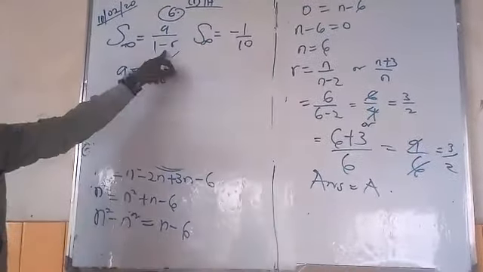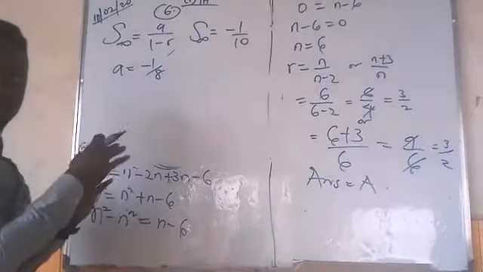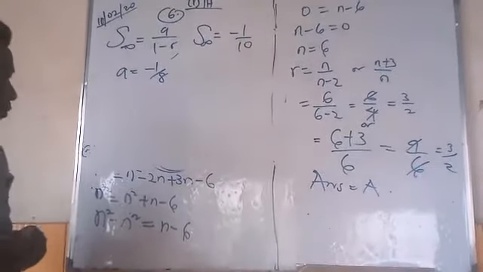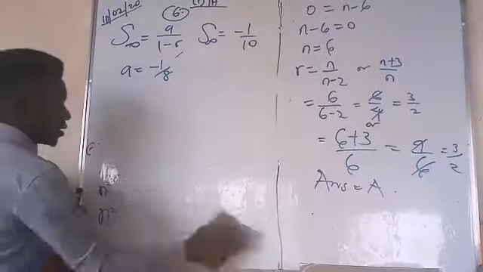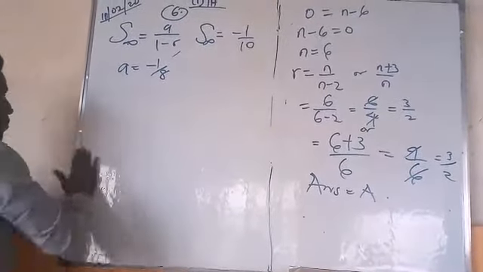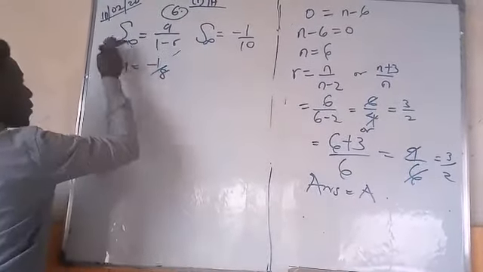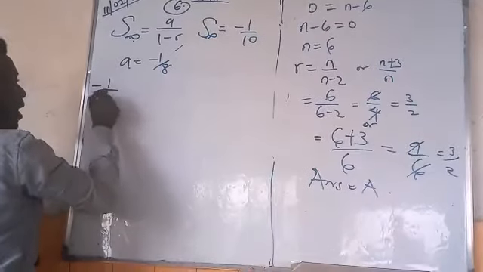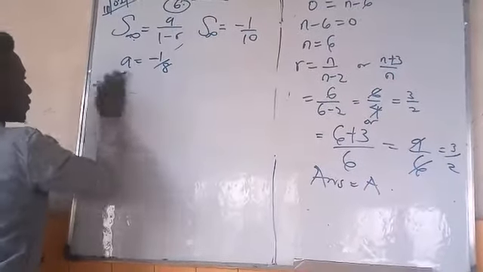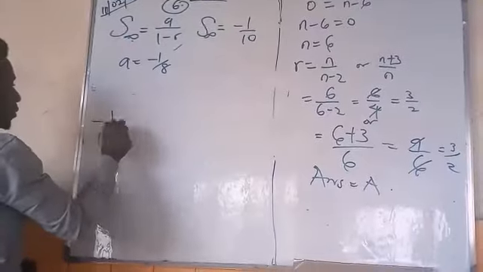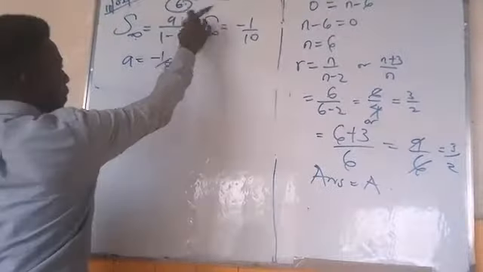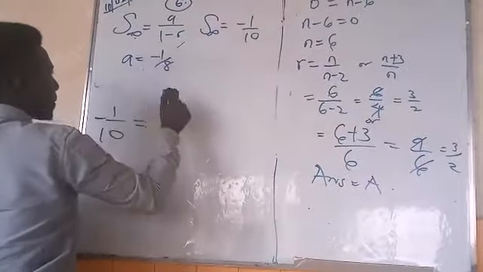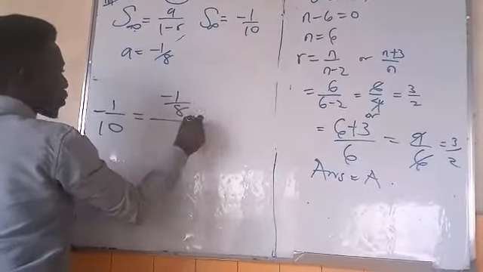Either you make r the subject of the formula or you just input it straight. That is, just say this from the formula is minus 1 over 10 equals, what's your a? Over